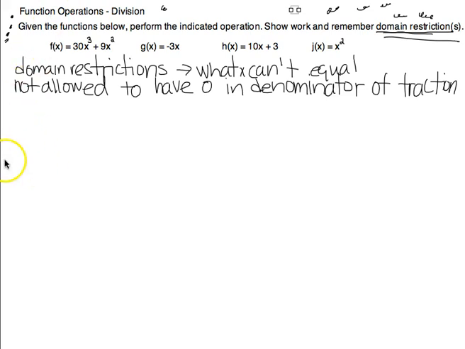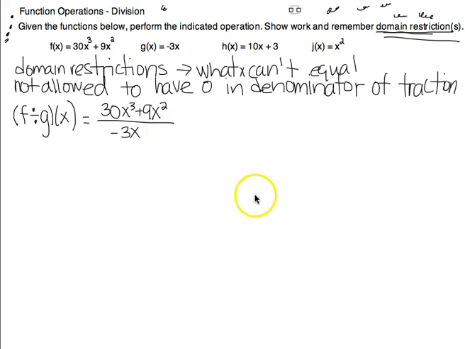All right, so starting out, just like we did for the other operations, we're just going to look at an example. So I've got f divided by g of x. So f divided by g of x is the same thing as f of x divided by the fraction bar g of x. Now, this may seem